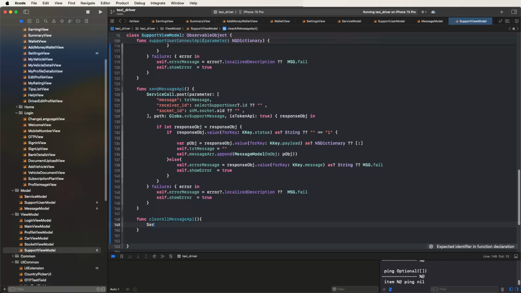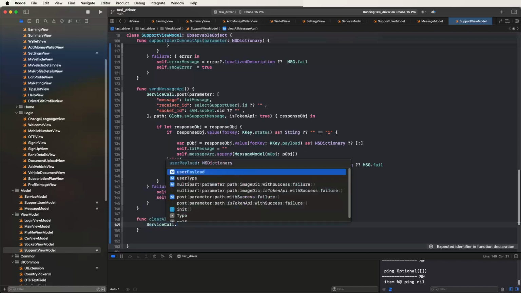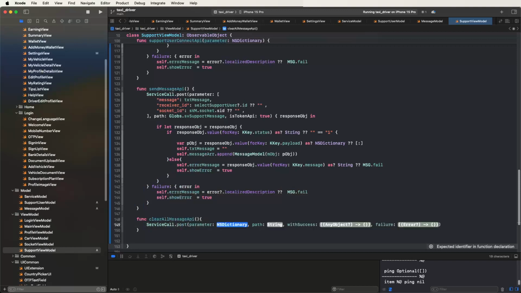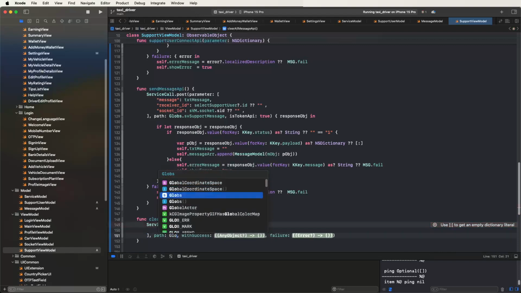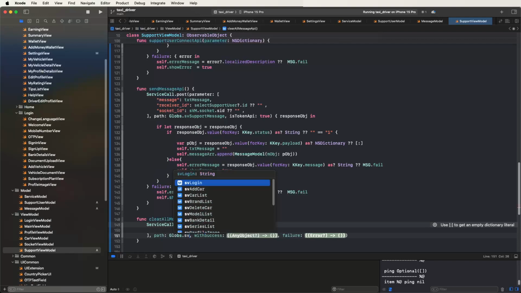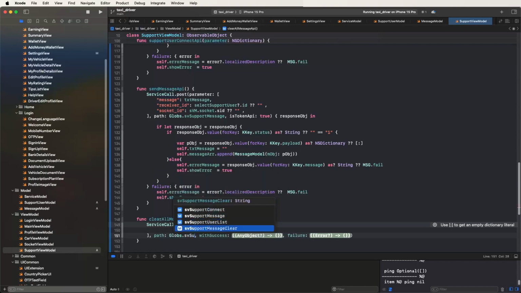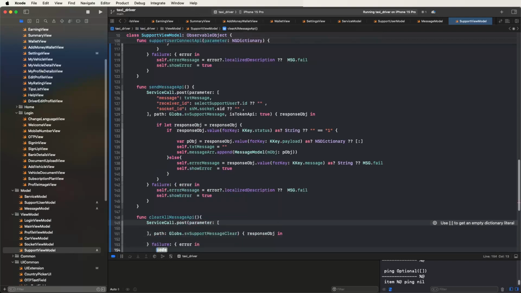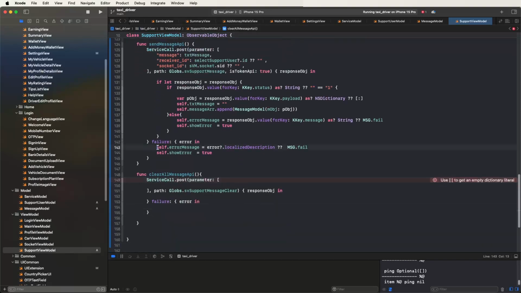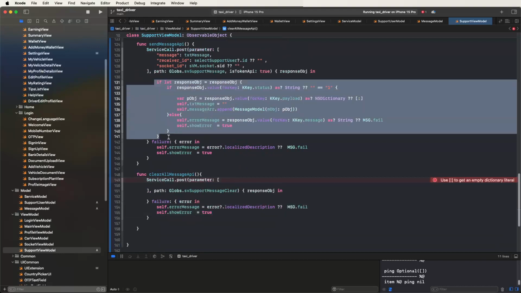Now we need to call the service call's post method. We need to give the parameters one by one. First of all, we need to set the service path, the globals, and call the support message clear API like this. If it fails, we need to print this message. If it does not fail, then to get the response, we need to set